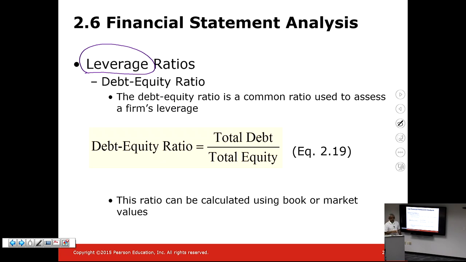Debt is interesting because on one hand, when the company takes on debt, as we just saw in the income statement, the company can write off the interest payment. And by writing off the interest payment, it is reducing its tax liability. That's the good news. The bad news is that interest is obligatory, as we just covered. So if the firm is unable to service its interest, then the firm would be liable for bankruptcy. So this benefit of writing off interest against the cost of being obligated to pay interest has to be carefully